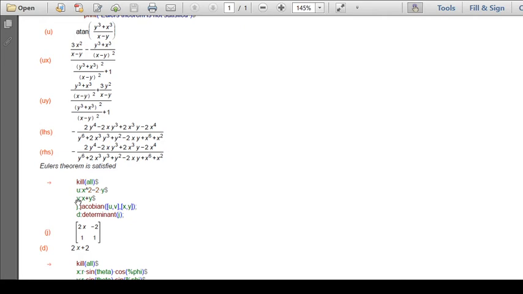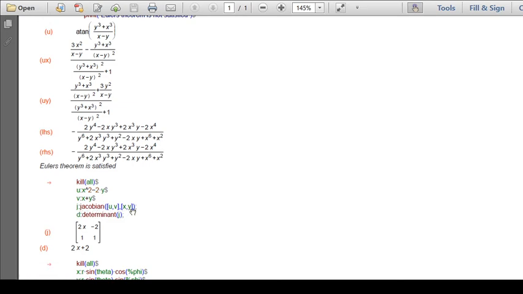So first let us find out the Jacobian matrix. What is the Jacobian matrix? The built-in command is jacobian. Jacobian of what? u and v. That should be given in square brackets, separated by a comma, then square brackets, the derivatives, variables x comma y. This gives you the Jacobian matrix. And D is the determinant of this Jacobian matrix. That is, D is our Jacobian. See, that is what we are printing.